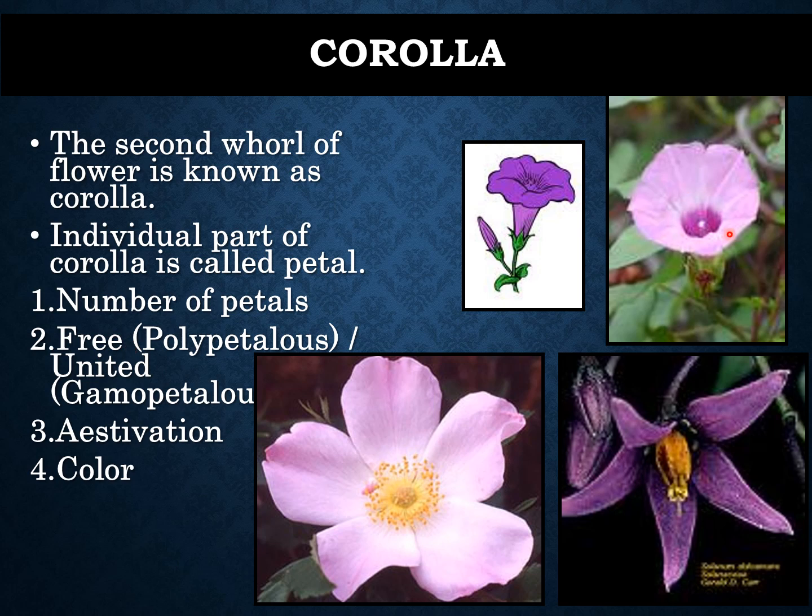If the petals are free to each other, it is called polypetalous condition. If the petals are fused to each other, it is called the united or gamopetalous condition. And then you will notice the type of estivation and color of the